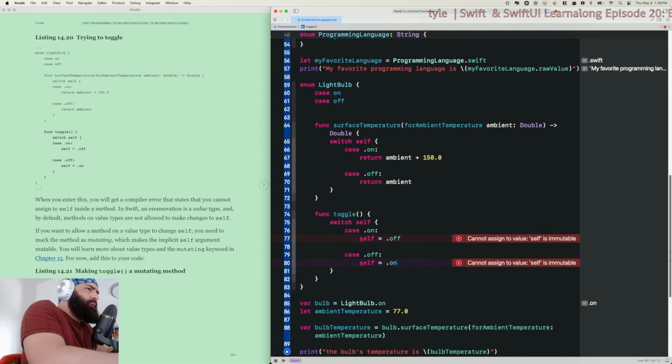That's what I have. Self equals off. Case off, self on. Switch self closes the function. Closes the enum.